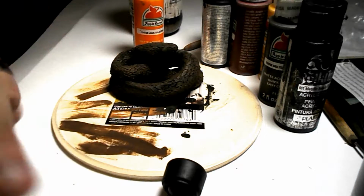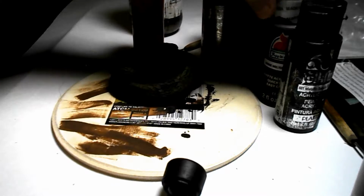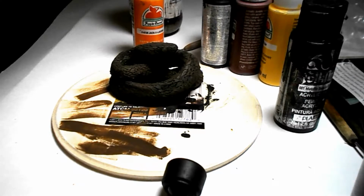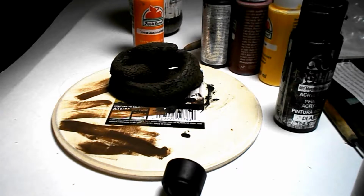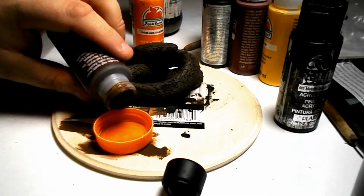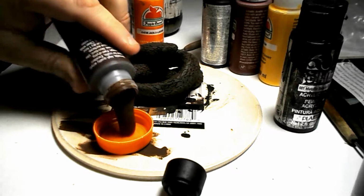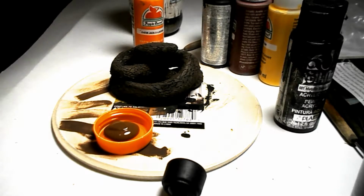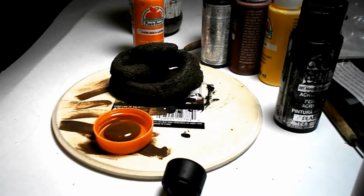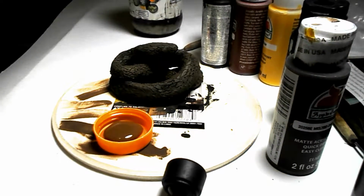Alright, we're back. I'm going to use this little cap. I can't seem to find my palette anywhere, but we'll use that until I can find it. Maybe find it in the morning. Our next step, we're going to be using a bit more of this melted chocolate color, and I'm just going to put a little tiny pinch into here. Don't want a whole lot, because now we're going to squeeze out a bit of this jack-o'-lantern orange,